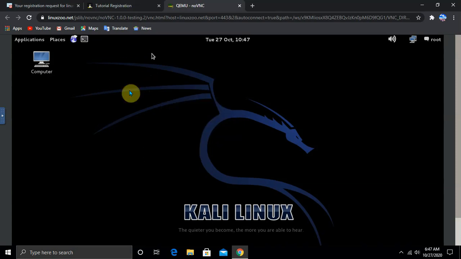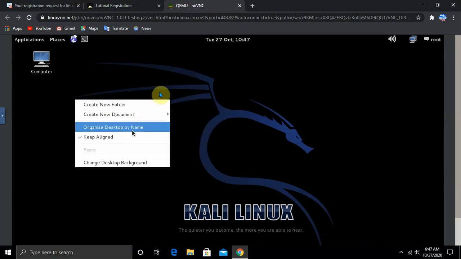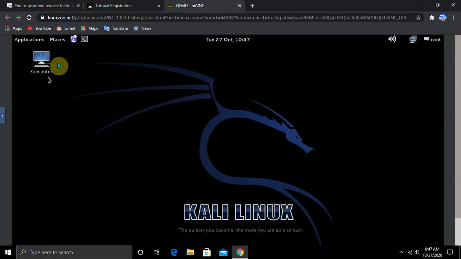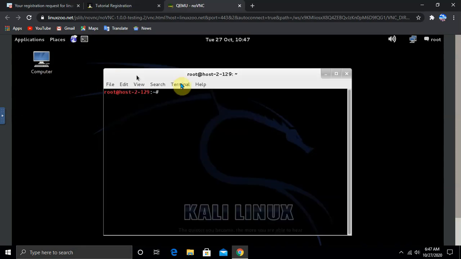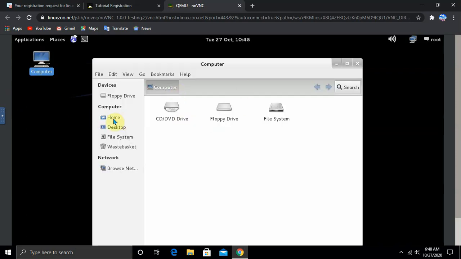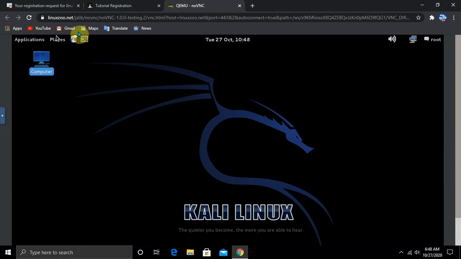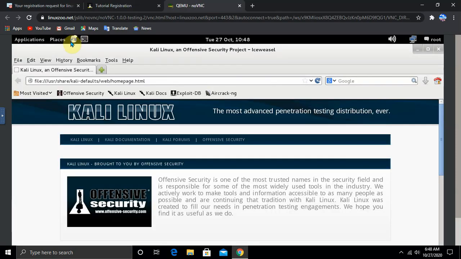I think you are shocked after seeing this, because it is Kali Linux and it is amazing. Sorry, but I don't know how to use this Kali Linux. There is a command line, and it is like a computer. Click on home and everything is there. You can practice here if you don't know how to use it.